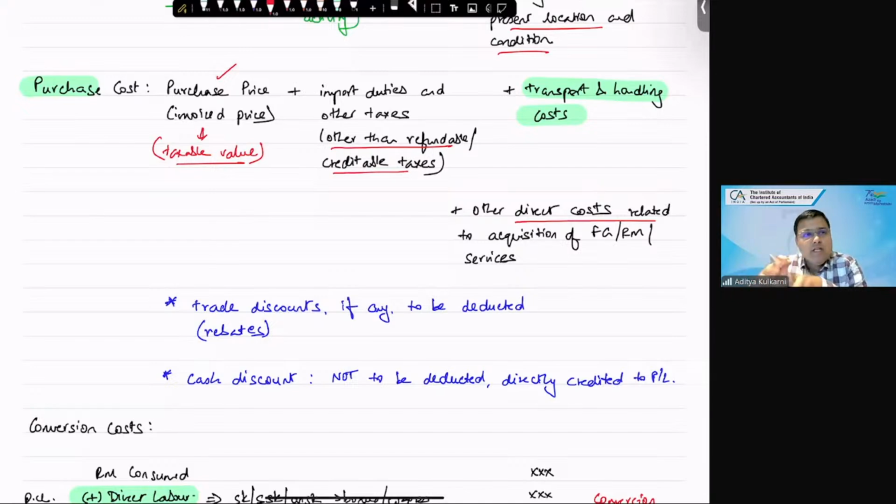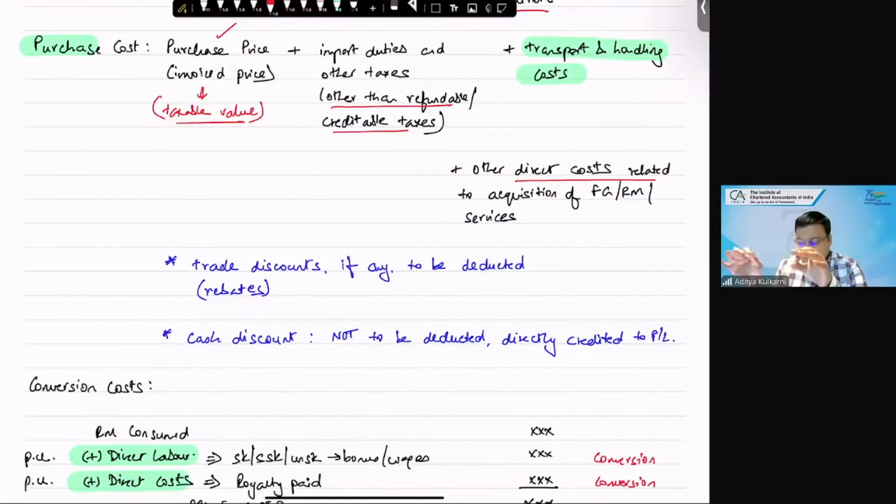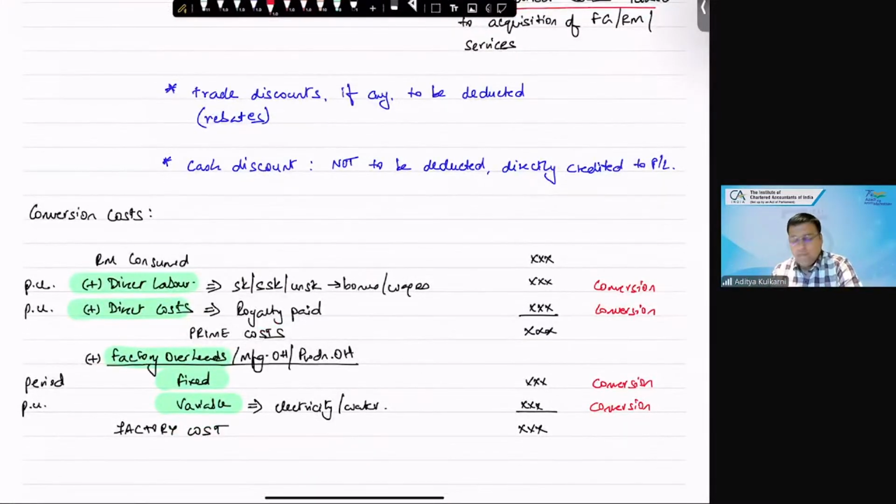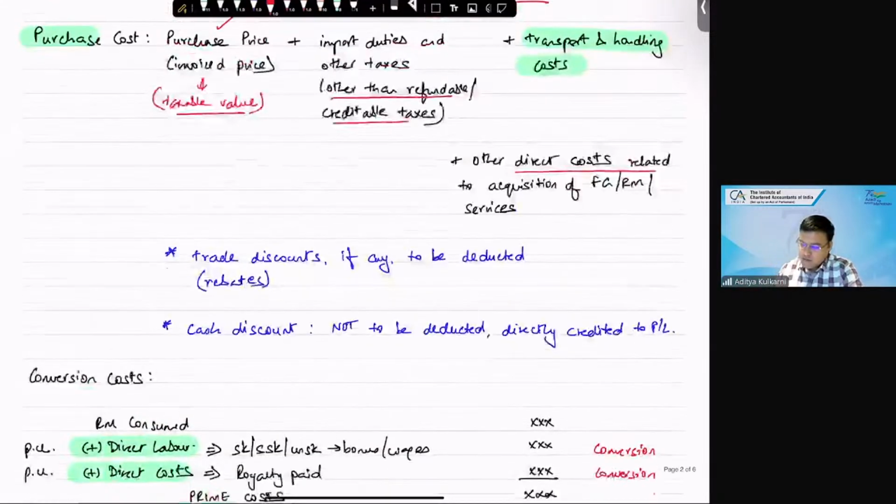So this is in no way connected to your purchases. So cash discount, I will not deduct it in determining the purchase cost. It will be credited directly to the statement of profit and loss. Are we okay with this? Yes. Okay. So now when I come to my conversion costs,